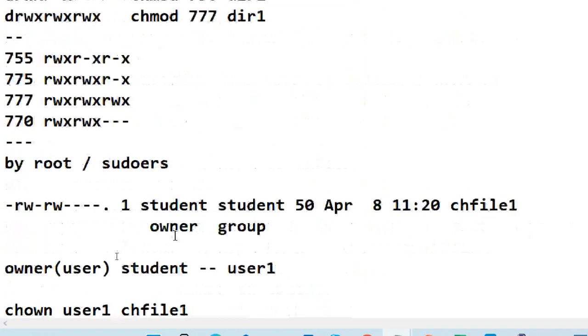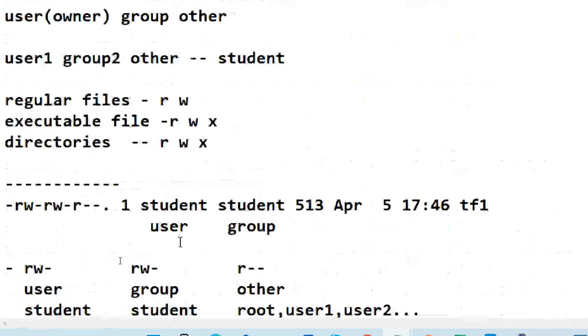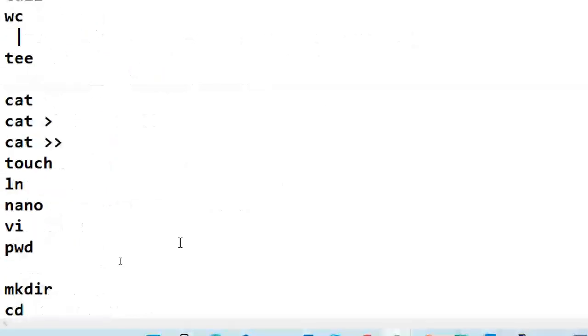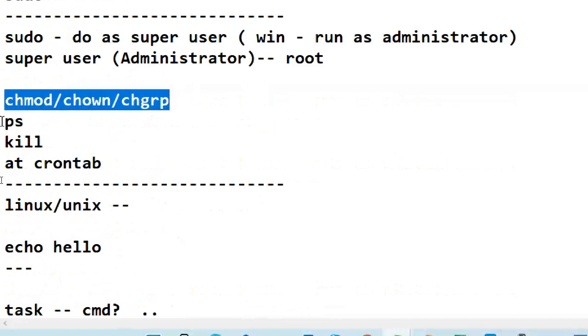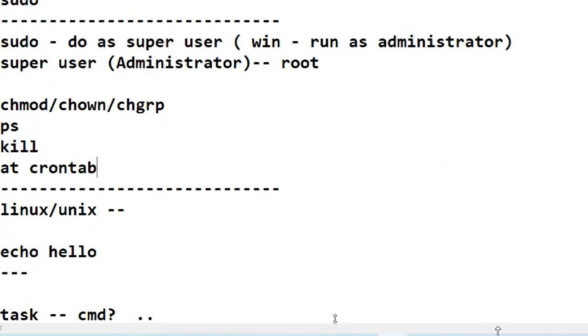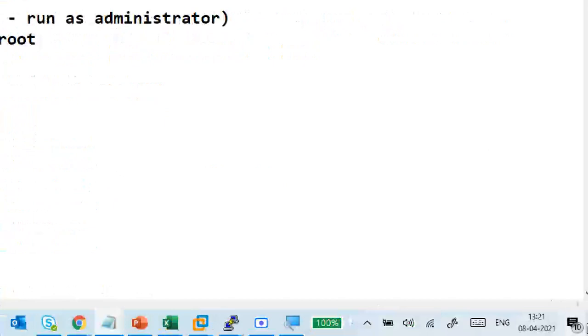As per the morning planning, what we didn't complete, we have to do. So ps, kill, crontab I will take in the afternoon, of course.